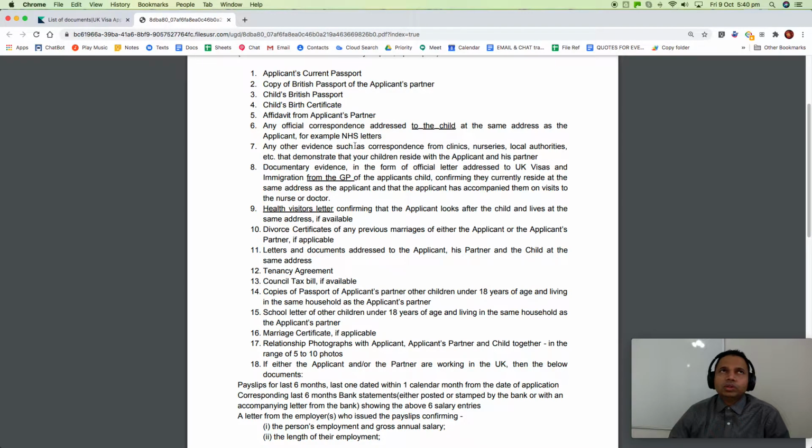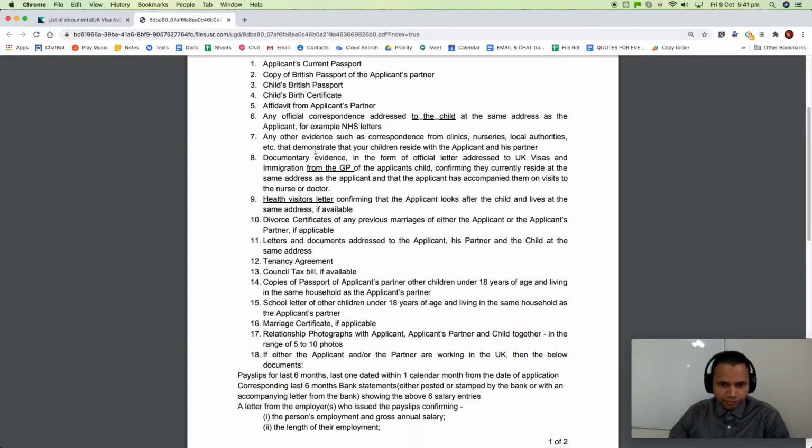Also, if the child is older and going to school, a school letter we've used many times confirming that the individual is registered to pick up and drop off or is attending parent meetings, etc. So any type of third party confirmation, preferably from a school, any medical professional, GP, midwife, or healthcare visitor, or even nursery where the child is attending. At least one document they would need to show that the person is involved and they both are also living at the same address.